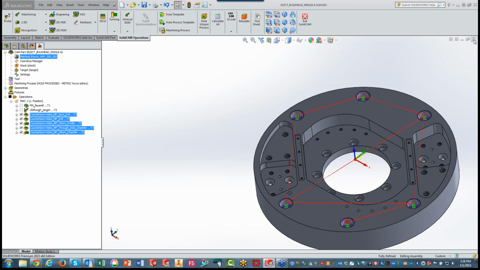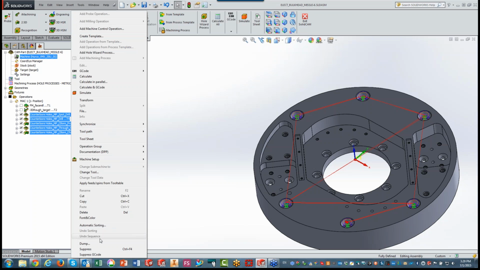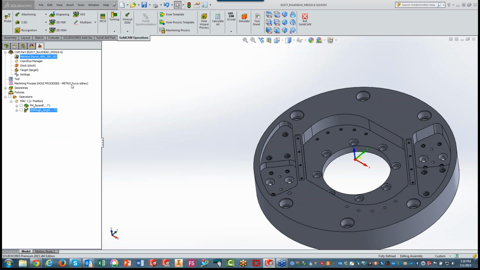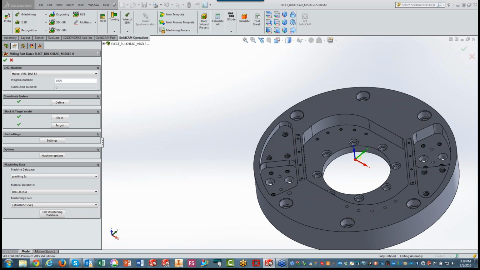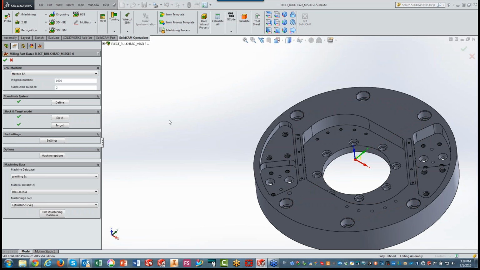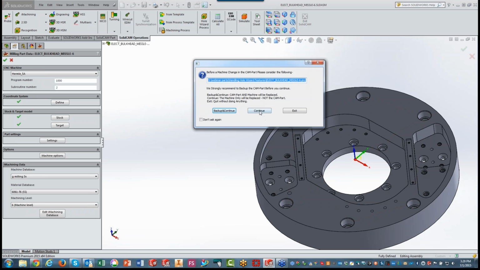Now, let me go and actually load a different machine where we will have a problem. This machine was actually very easy. Nothing was suppressed. Everything went over pretty smoothly. What would happen now? Let me actually delete this, and go back into my CAM part, and this time load a different machine. Let's use my Hermle 5A, which I know is a completely different controller. If I were to click on OK, continue,